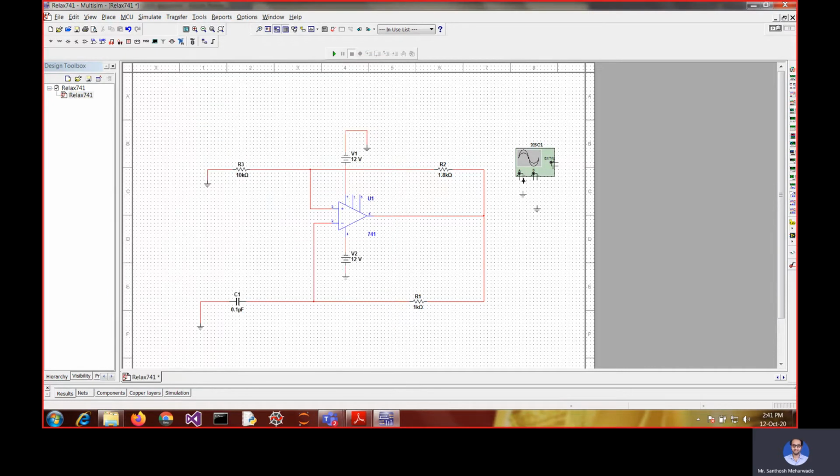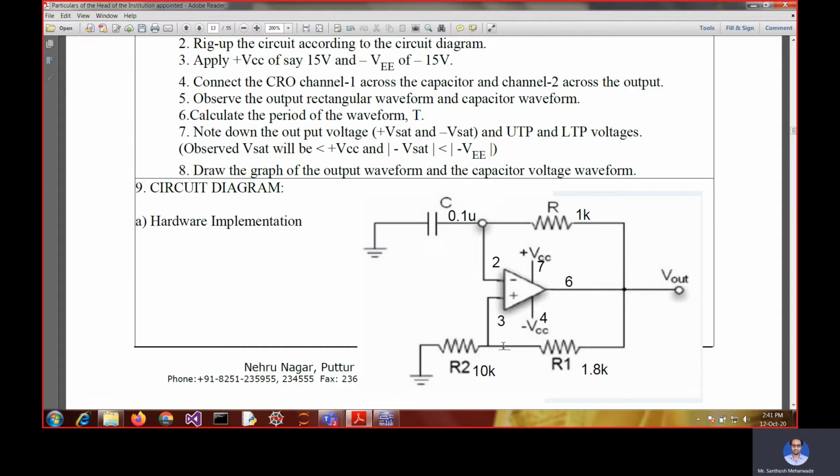Now next, connect all these things. This one is connected and this one is also connected, right? Next I have to read the output. As we have seen, channel A will be used for reading the output of this op amp, and channel B is used for reading the capacitor charging and discharging. If I go back to this figure, you can see from this particular point a circle. Here we are going to read the output to see the capacitor charging and discharging for channel B, and our V out will be for channel A.